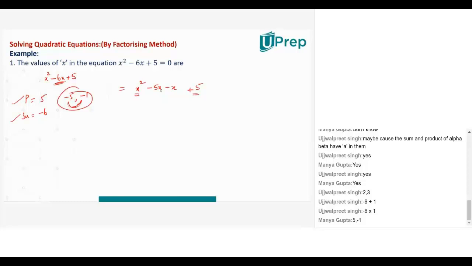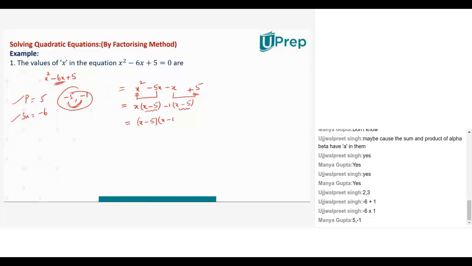From the first two terms, if I take out x common, what is left? From the first term it's x left and from the second term it's 5 left. From the last two terms, can I take minus 1 common? That gives me plus x because I already took minus 1 and I took minus 1 out of 5. So I am left with minus 5. Now if you look at x minus 5 is common factor to both of them. So can I write this as x minus 5 into, now that I took x minus 5 common, what is left? X minus 1. Right?